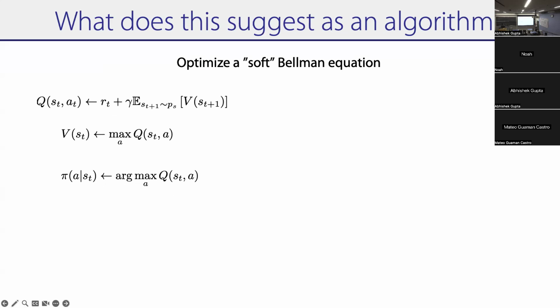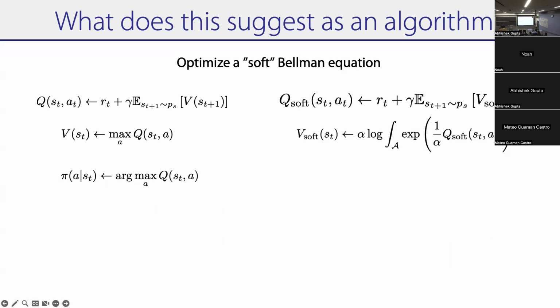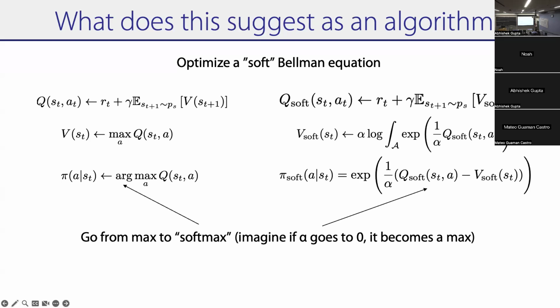This was our original hard Bellman equation for Q learning, right? We said Q was R plus expected value in the future, V is equal to max over Q, and pi is equal to arg max over Q. And in soft Q learning that we just derived, again, Q is equal to R plus expected value in the future, but your value function is your soft max over Q, and your policy is your soft max over Q. The only difference between Q learning and soft Q learning is that this is hard max, this is soft max. And if you set this alpha to 0, the soft max becomes the hard max.